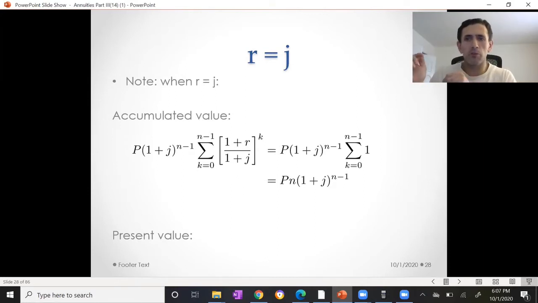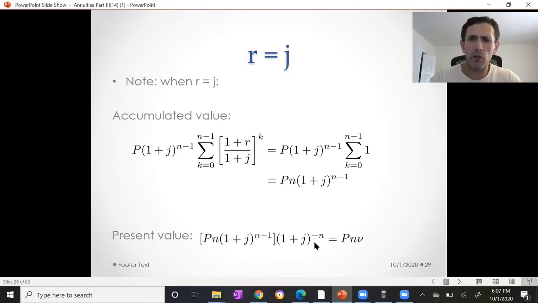If you multiply everything by (1+j)^(−n), you're dating everything all the way back to the start of the annuity, which is, by definition, the present value. It's the time-valued sum of your annuity dated at the beginning of the annuity. So multiply everything by (1+j)^(−n) and you're left with Pn(1+j)^(−1), which is just Pnν,